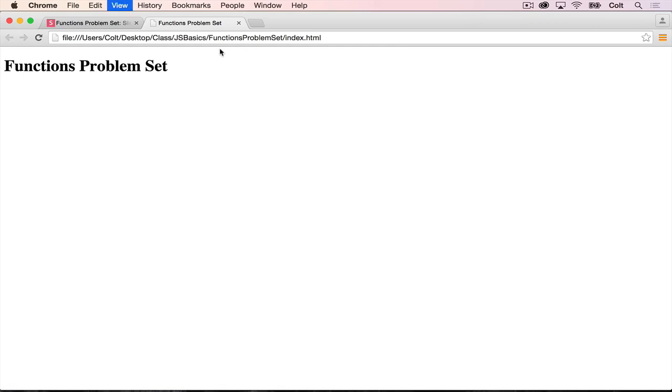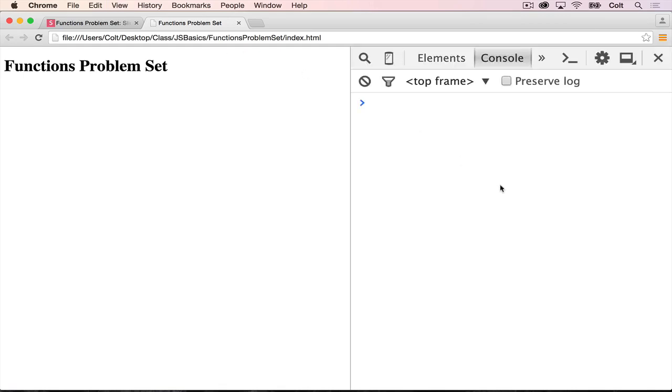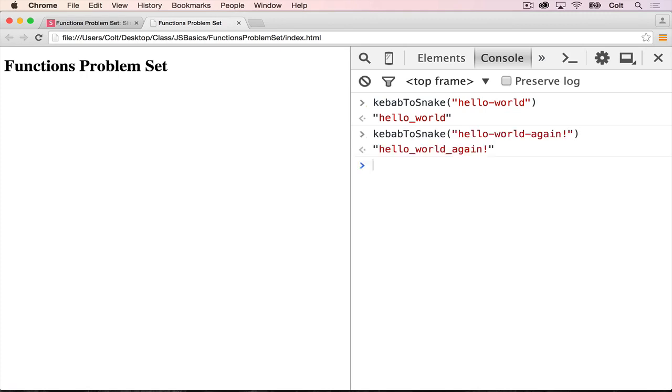I'm going to refresh my problem set page and try kebab to snake of hello-world. And we get hello_world. Let's try it again with hello-world again. And you can see it replaces all dashes. So that's it there. So again, the focus in this exercise was really on Googling and trying to find information